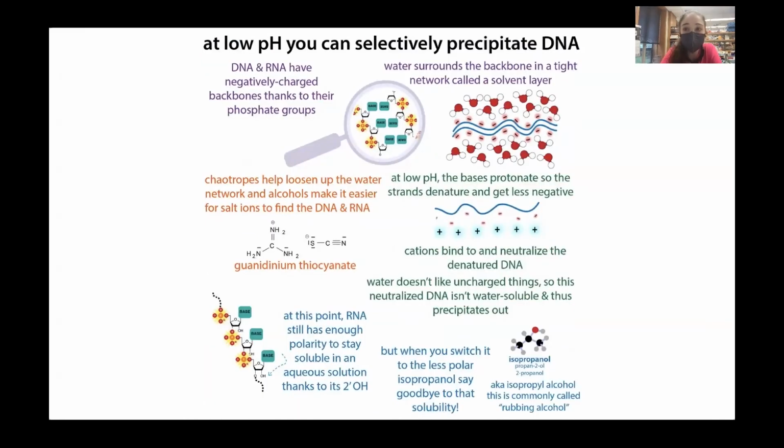When they come apart, now they're exposing all those hydrophobic regions that they were trying to hide. And so those are going to like the organic solvent more. So you'll get the DNA going into that organic phase, and also it can precipitate and hang out in that interphase. You're neutralizing the charge and making it so nothing really likes it. The RNA at that point is still soluble, but it won't be soluble when you switch it to the